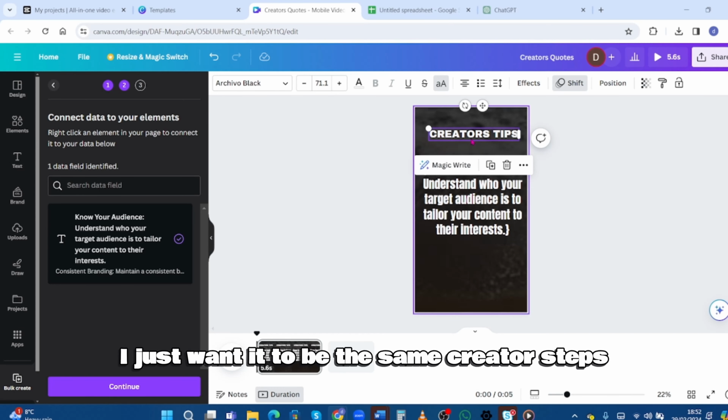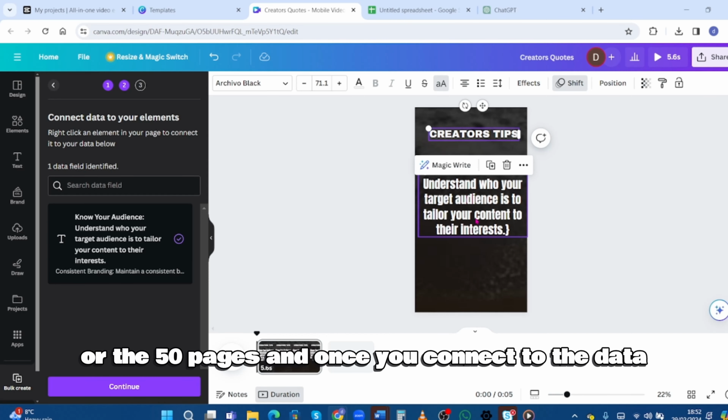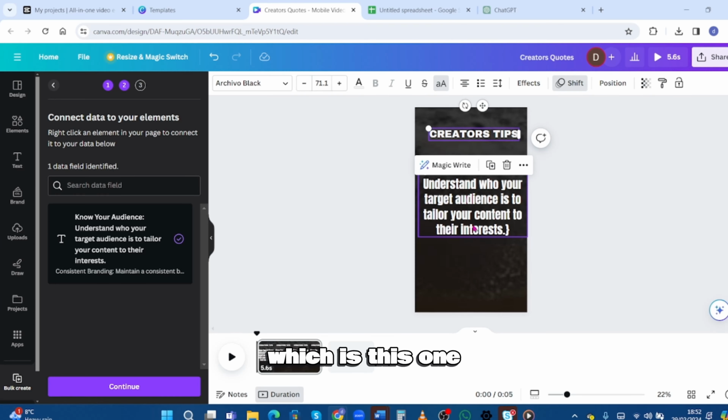So for this one, I just want it to be the same, creator's tip, for all the 50 pages. And once you connect to the data, which is this one, the quote,